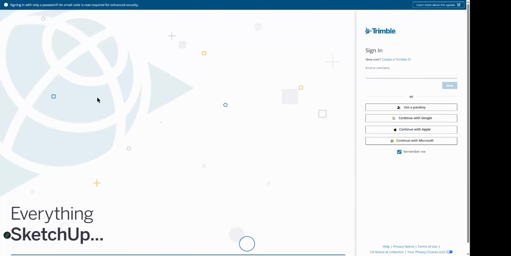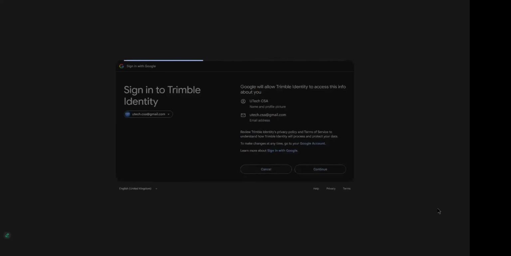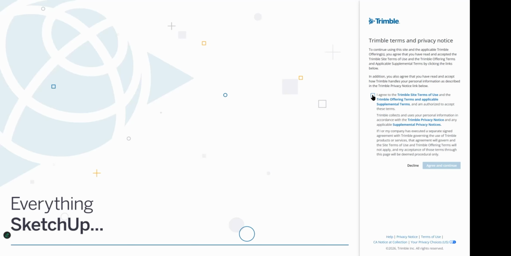It's going to ask you to sign in. You can just use your Google account. Sign in. Ta-da. And that's it. Now you can use SketchUp in the browser. Now I'm going to be using the local version of SketchUp.